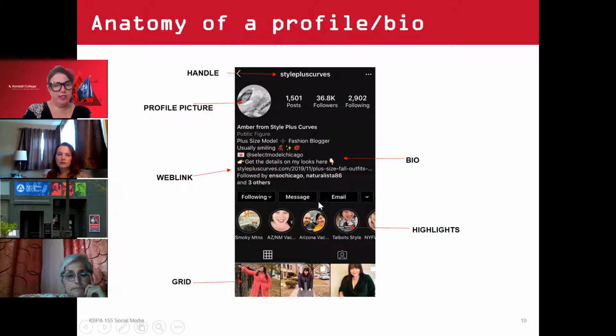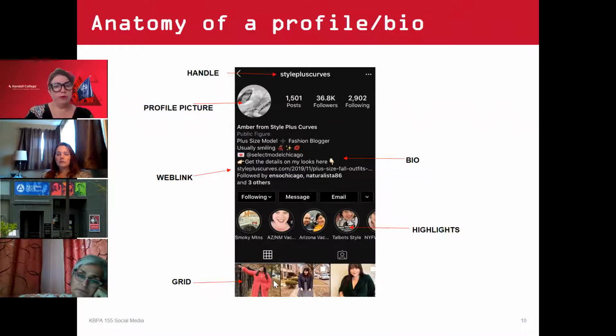Then, as we continue down, some people, you may see these little circles down here on their profile page. Those are called highlights. The highlights are actually a collection of Instagram stories that are put together like a little scrapbook. We'll talk a little bit more about Instagram stories when we go through this, but because Instagram stories only have a 24-hour window that they are present and viewable, this is a way to archive those, store them, and make it possible for people to go back and still see them.